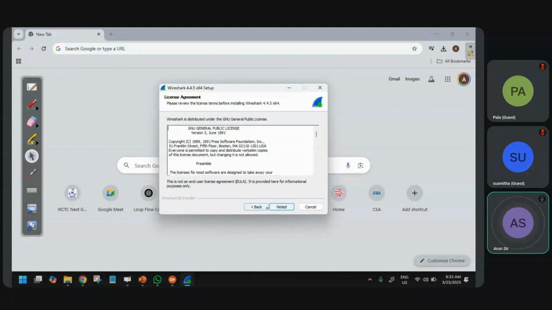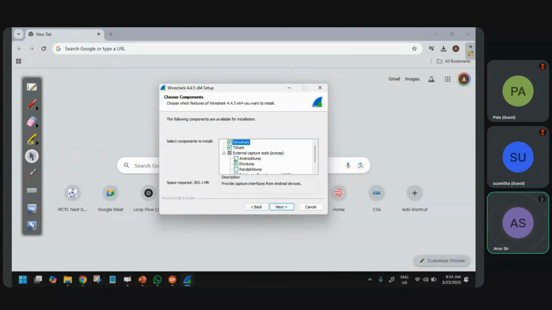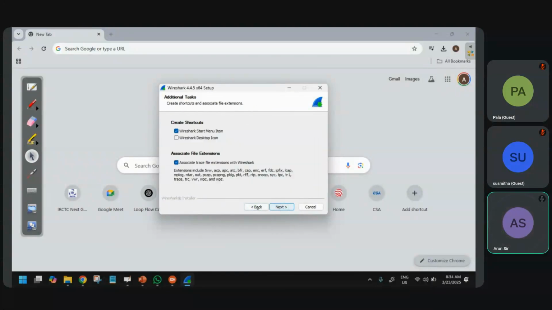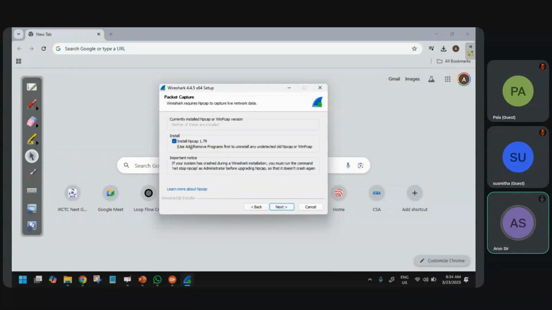You can select some extra options, but right now we are only going with the default options. If you want all the extensions, yes, we want all the extensions. It will ask whether you want to install Npcap. This is what is actually running behind the scenes, and you can even install